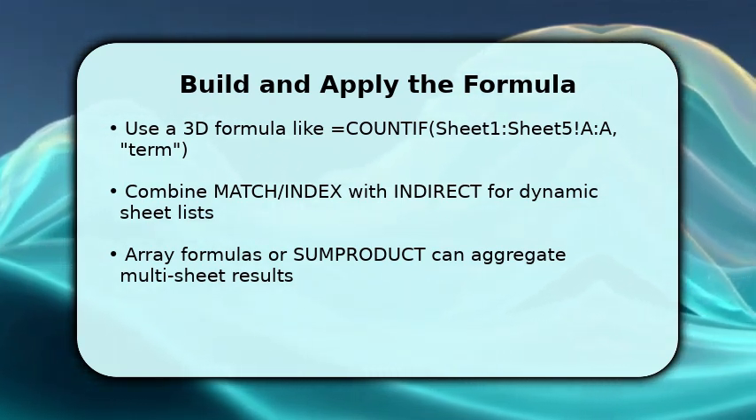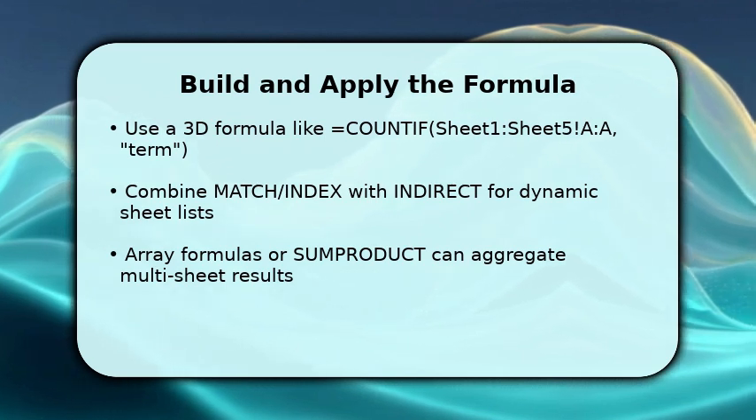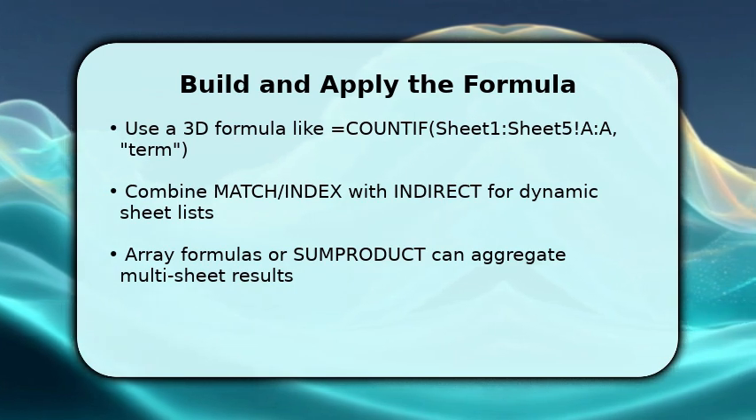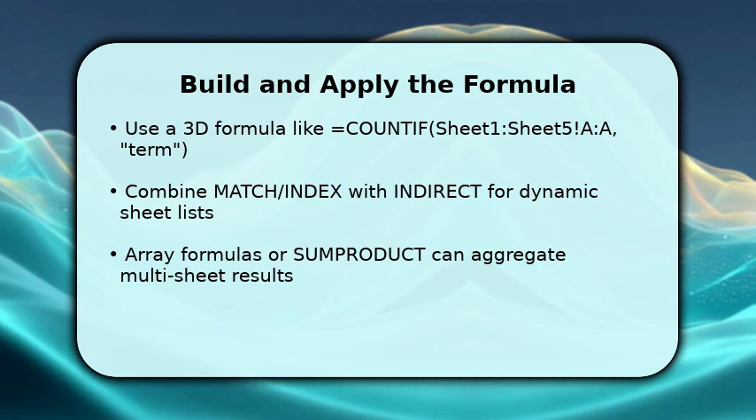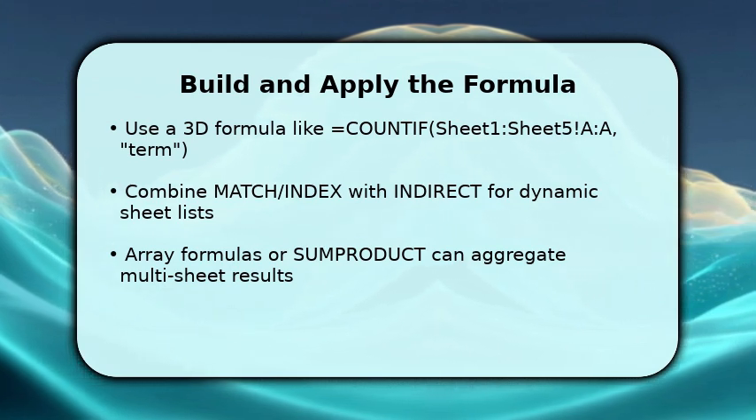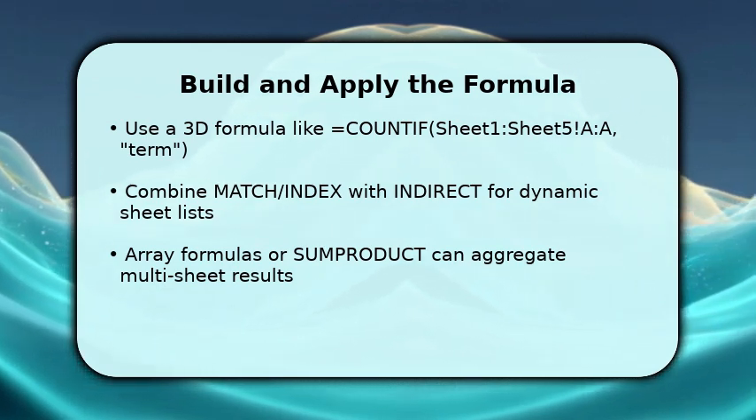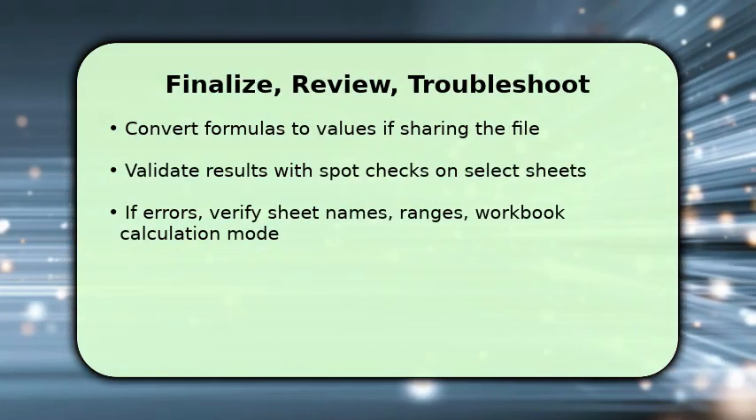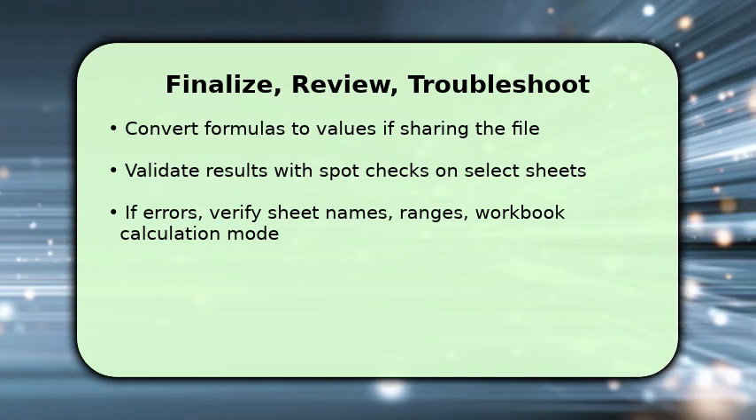to look up dynamically. Once you enter an array-style aggregation, press the proper keys or confirm dynamic array behavior in newer Excel. Make sure to test with known values to confirm the formula checks every sheet and the right column range. To finish, verify totals with spot checks on a few sheets and then lock or convert formulas to values